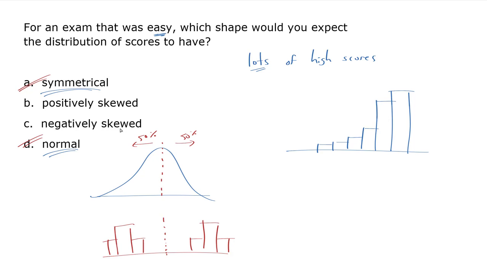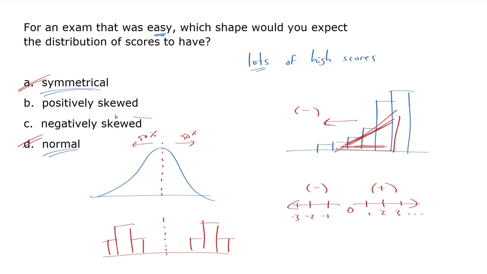Now, is this positively or negatively skewed? Well, draw an arrow in here and think about where this points on a number line. With a number line like 1, 2, 3, and so on, into the positives and into the negatives, my negatives being on the lower end, below 0, and the positives being on the upper end, above 0. Think about where this is pointing. It's pointing towards the negatives. So this is a negatively skewed distribution. So when the exam is easy, you're going to expect a negatively skewed distribution.